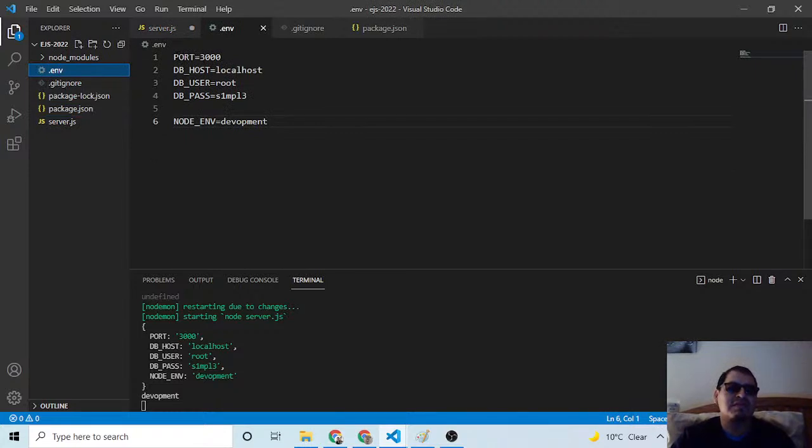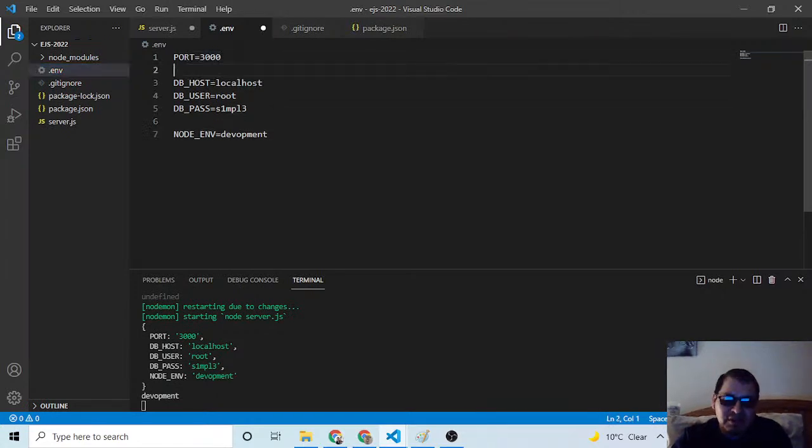I should call it web server port, but because there are two servers, the database server has another port. That's the reason I'm putting it here. It should be called web server port and database server port, DB port and web port.